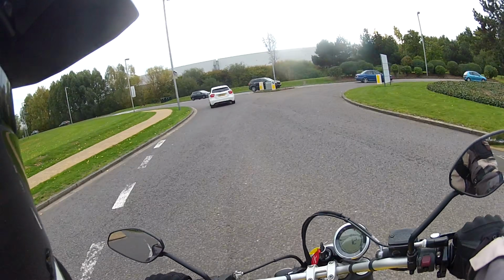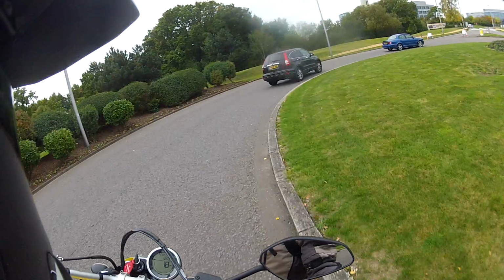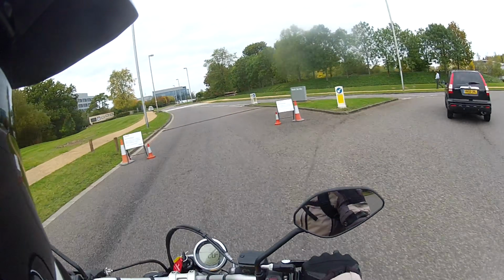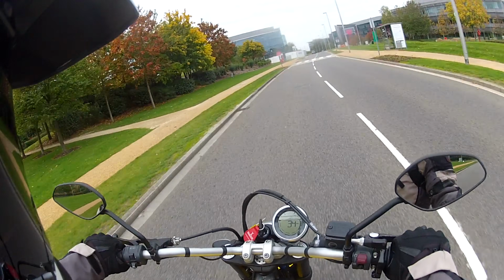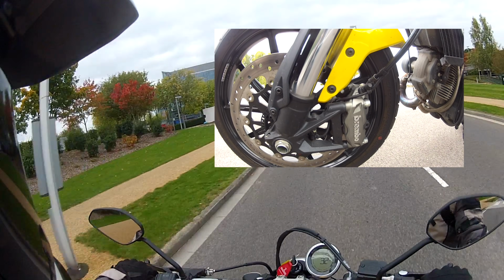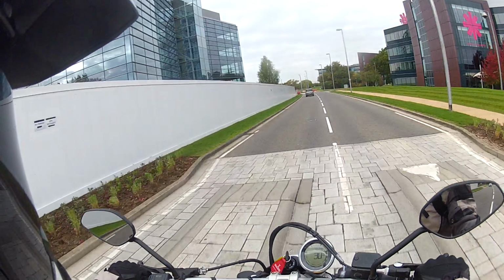It's a simple machine really. It's got ABS, which is handy. I just think ABS is a great thing for motorcycles, and I think as of 2016 all new bikes will have to have it, so it won't be anything new then. The brakes on the Scrambler are Brembo. It's got a single front Brembo disc, and even though it's only a single one, the bike's so light it's